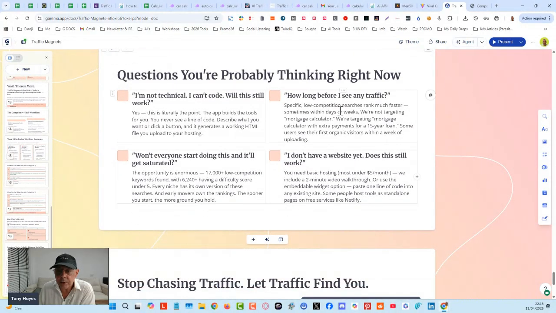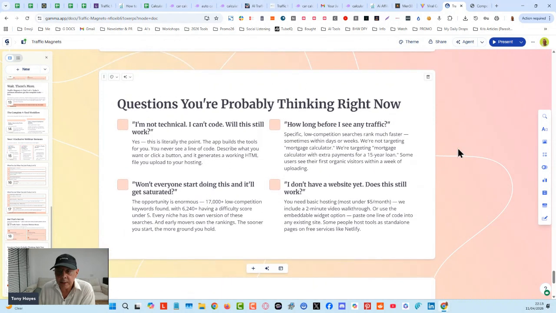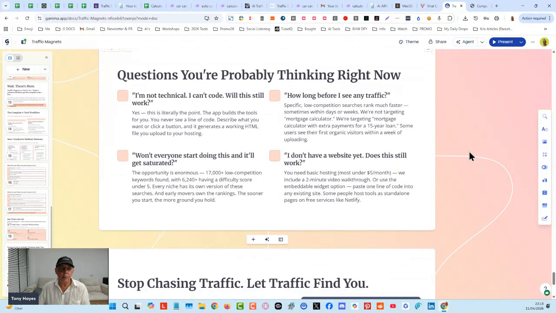How long before you see traffic? It depends. You saw that case study from Julian Goldie. He said he started ranking straight away. Why? Because there's no competition for the keyword he found. So he built the tool, put it on a website that was already indexed, and then he started to rank. Simple as that. If nobody else has that content and you're the only one with it, then you're going to show up. You're well in the game at that point. That's exactly what happened with Julian.